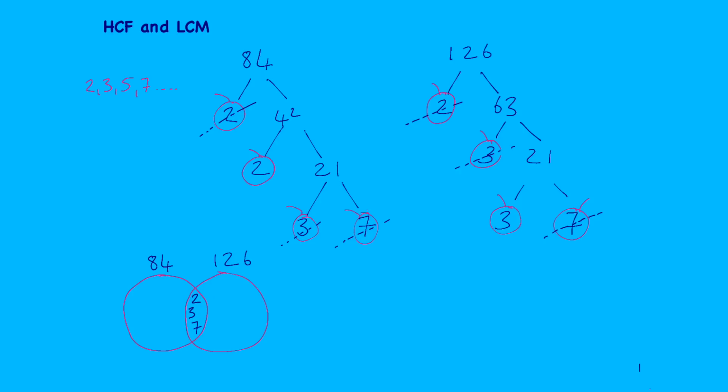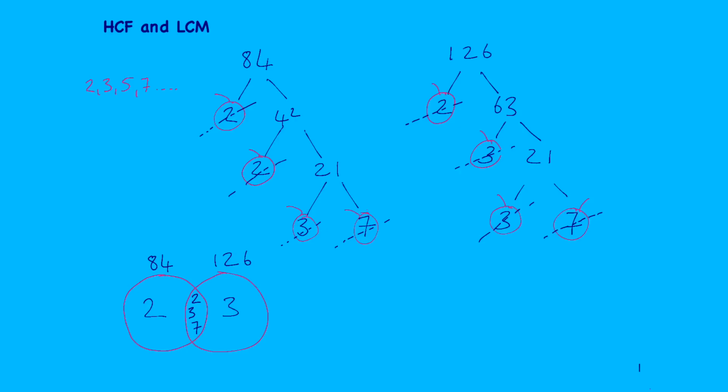From here, what we do now is add the remaining numbers into the diagram. So we have a 2 here, so 2 goes in here. We have a 3 over here, so the 3 goes in here, and that is all my numbers. Okay, now it's always a good idea to cross them out so that you know you've added all the numbers